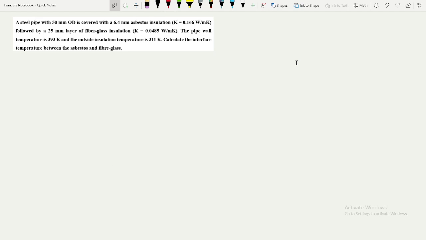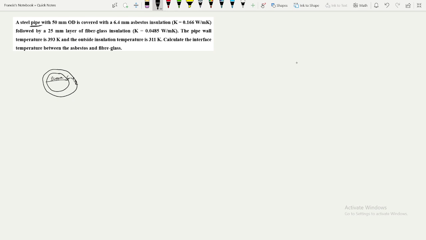In today's video, we have a question which says that a steel pipe with... the moment we see a pipe here, we are referring to cylindrical geometry, right? So a steel pipe with 50 millimeters outside diameter is covered with a 6.4 millimeters asbestos insulation. So we have our insulation and then it's 6.4 millimeters